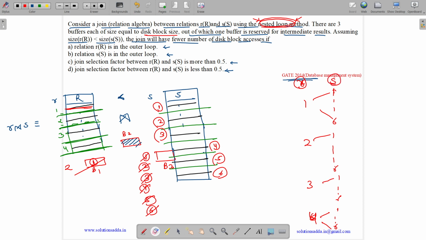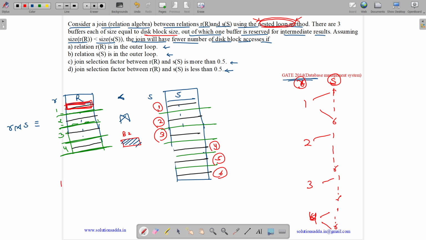So how can we write the formula for this? See, suppose we have a tuple over here. This tuple needs to be matched with each block, so for this tuple we will bring all the blocks.